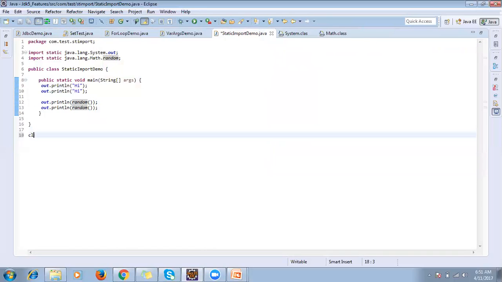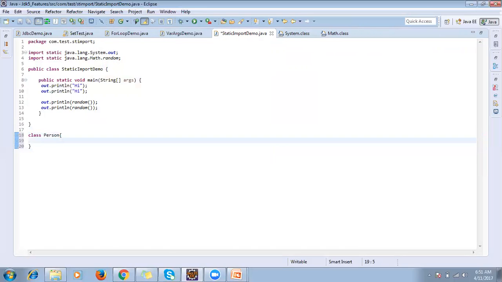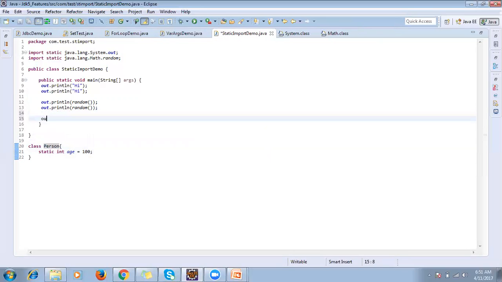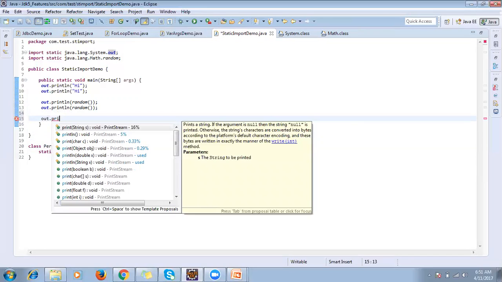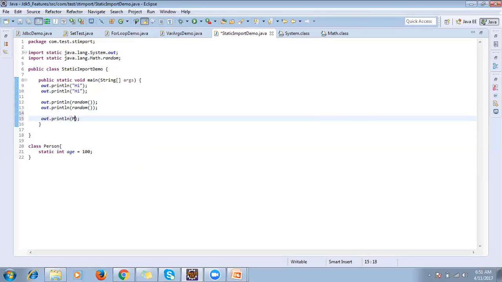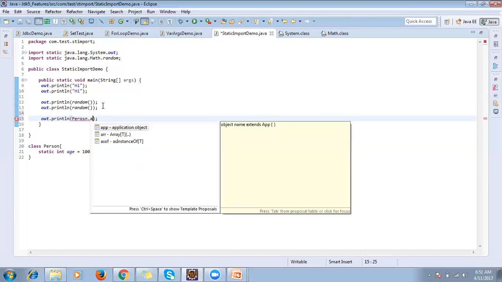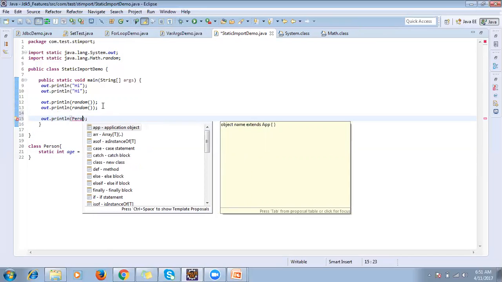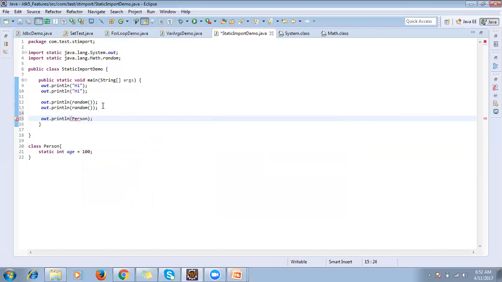You can also define one class like this: class Person, and static integer age equal to 100. In general, how are you using this one? Out dot, Person dot age. Correct. This is the way you are accessing the value. Correct. Now what I will do,